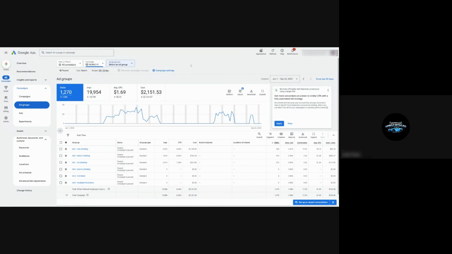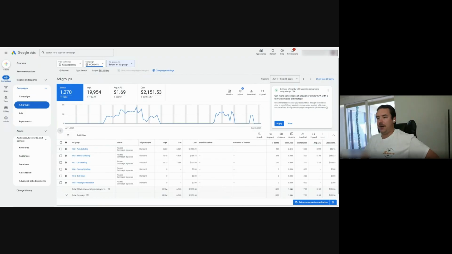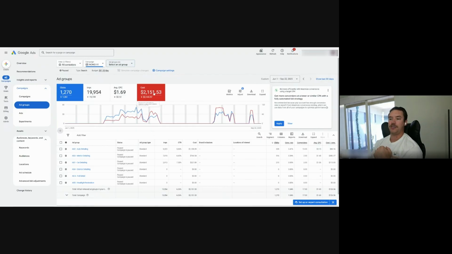That's when you start telling Google, hey, we have enough data here. Let's say that your average cost per conversion in this one campaign or ad group is $100. You can set a target cost per acquisition a tad bit lower, like 10% lower than that, and then just slowly bring that down, but making sure that you're still spending.